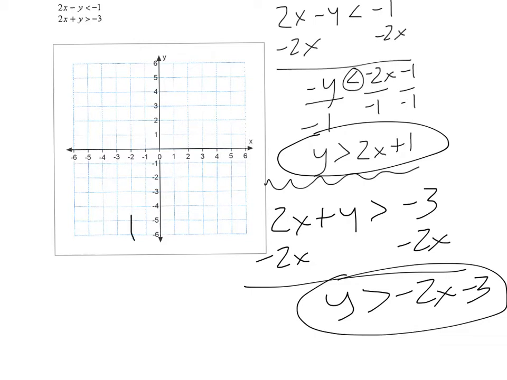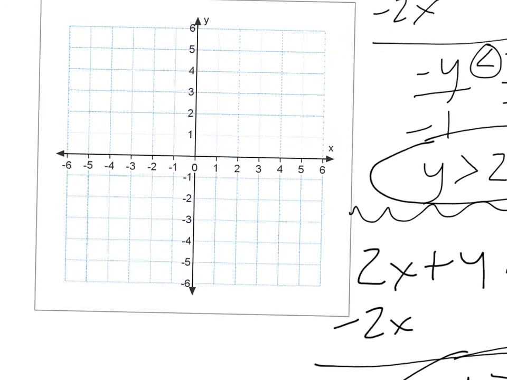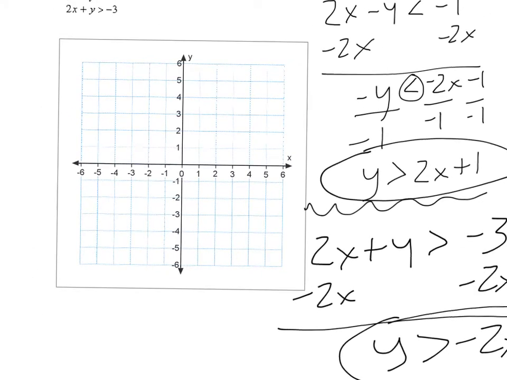So we have the intercept. The intercept here for this first one is positive 1 with a slope of 2. So let's go up 2 over 1. Up 2 over 1. Well, let's go ahead and make the line a little bit longer this time. Down 2 over 1. And down 2 more over 1. Alright, now we're going to have that to be a dotted line